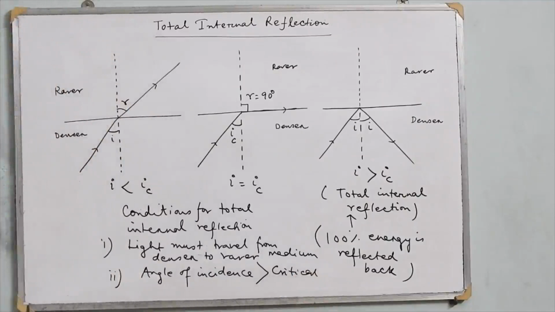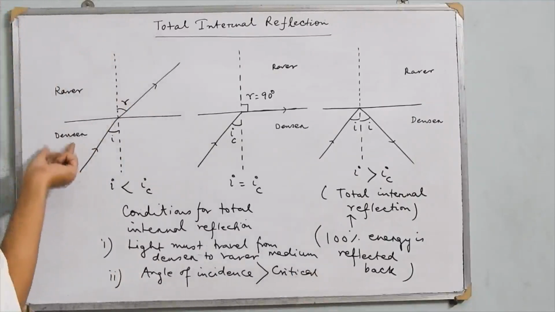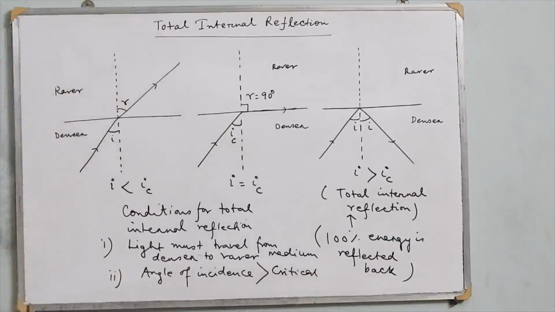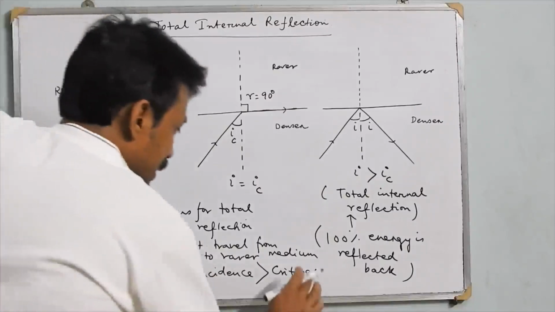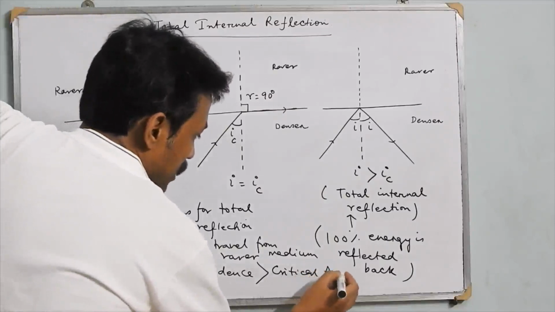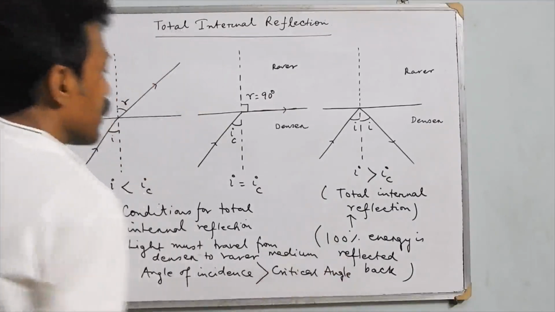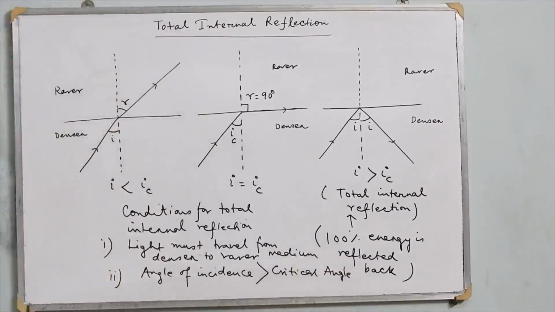The critical angle for water-air is different from the critical angle for glass versus air. So depending on a pair of medium, the critical angle will differ. So angle of incidence is greater than the critical angle for that particular pair of medium, at which total internal reflection occurs. So these are the two conditions for